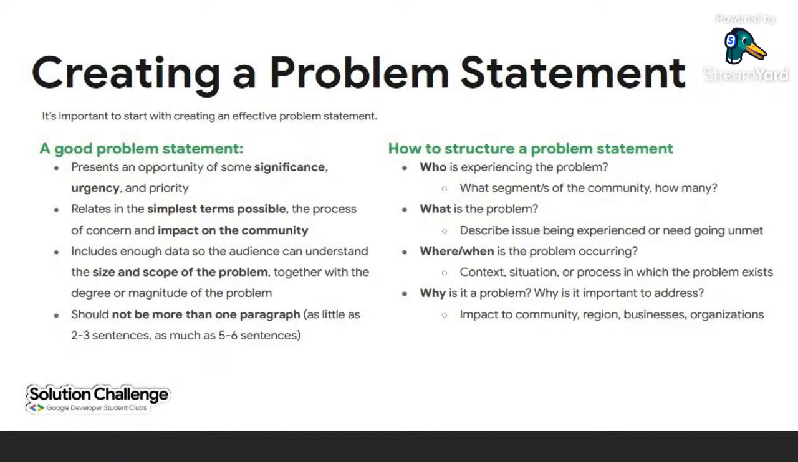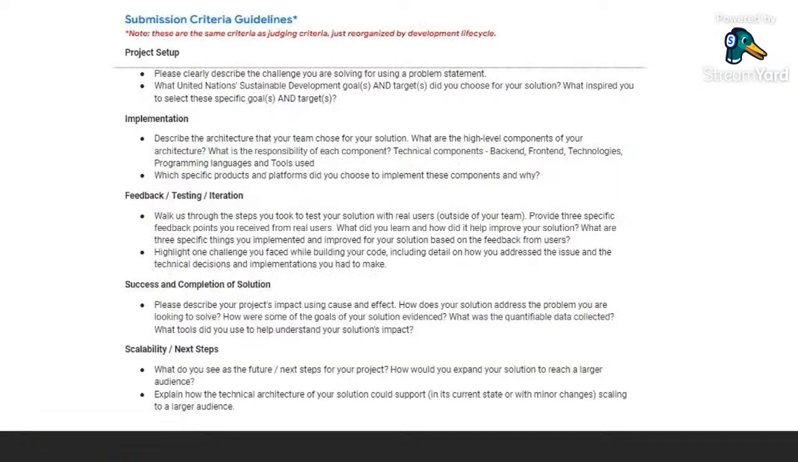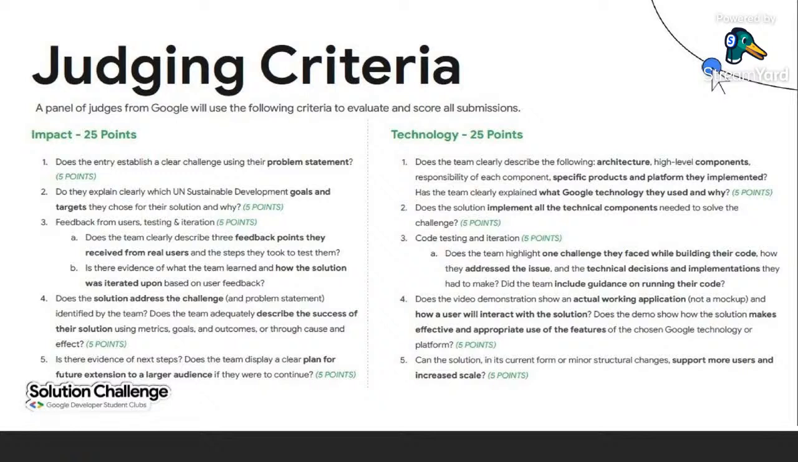We went over this problem statement earlier, and this is just a restating of some of the points we've talked about before. And then judging criteria. So now this is what they are going to be looking out for when they are reading through